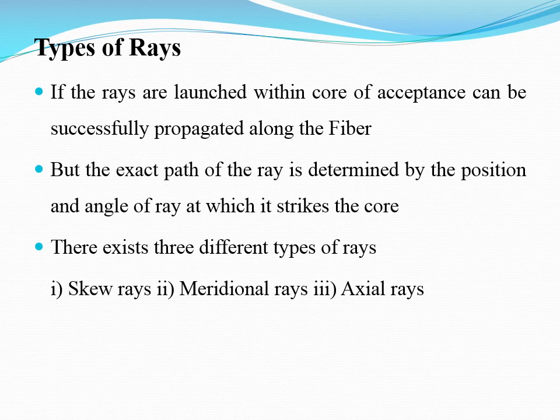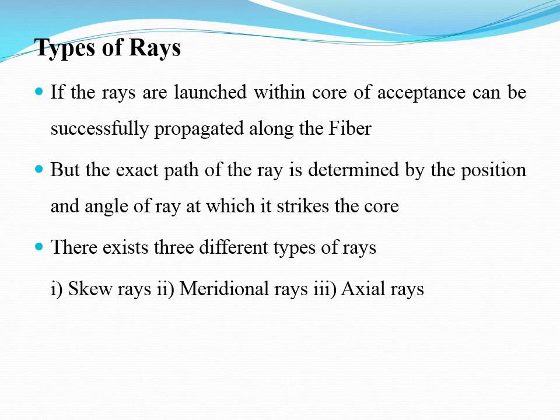Then we have types of rays. Earlier we discussed some optical rays which are propagating in a fiber, and if one single ray is propagating, we consider it as single mode, and if multiple rays are propagating, we term it multi-mode operation or multi-mode propagation. Now we look into the types of rays which can propagate in the optical fiber, and based on the propagation in a fiber, we discuss the difference among these optical rays.